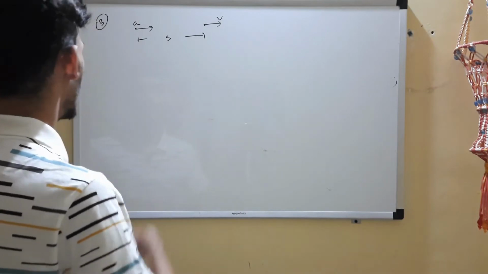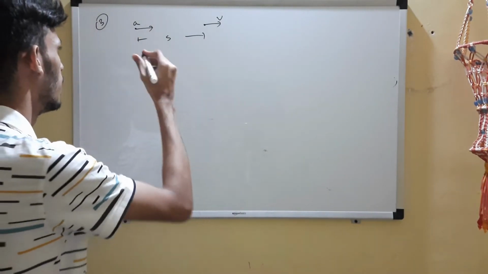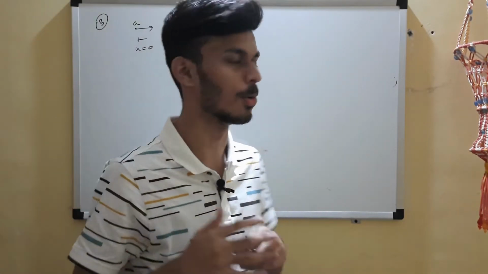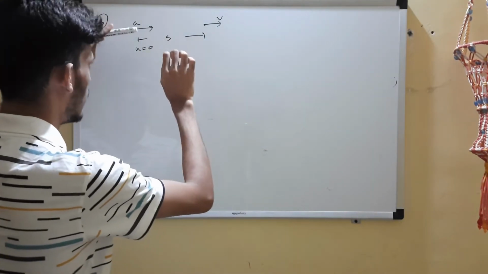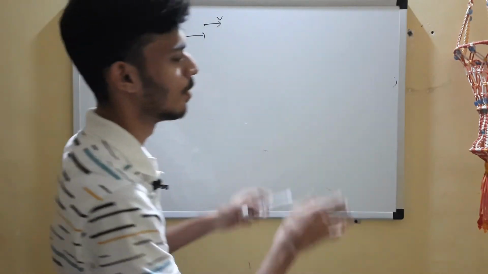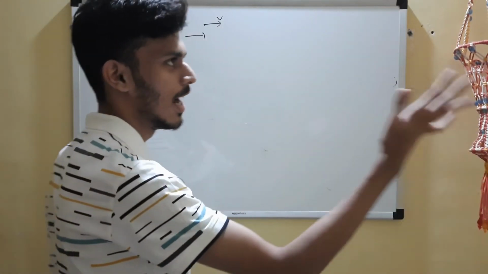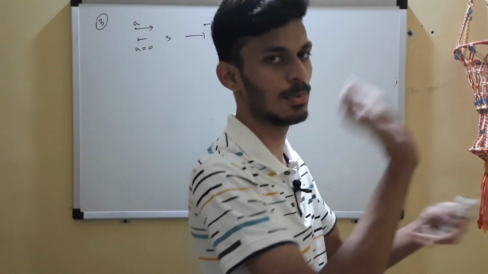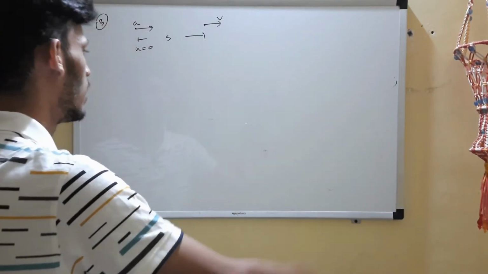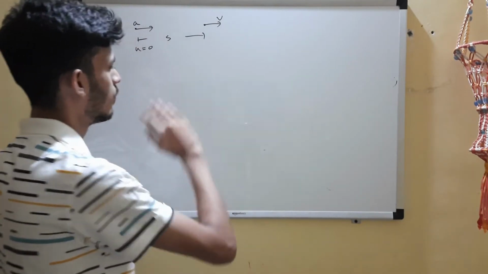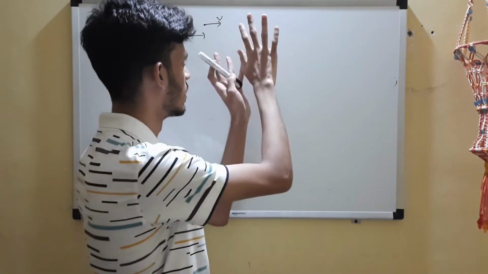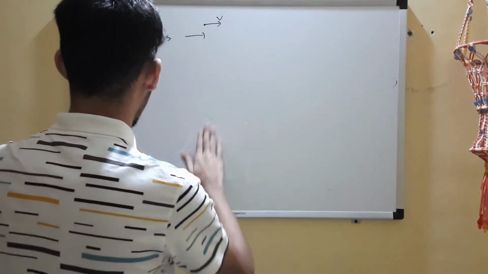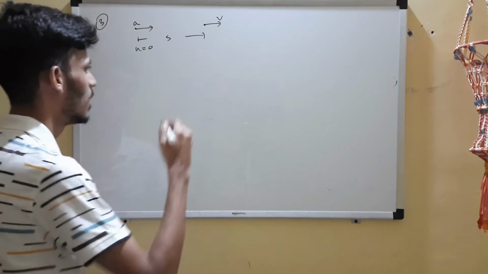Because this has acceleration. The first one began with initial velocity 0, so it has some acceleration. Now it is catching up speed, so obviously it will catch the second one at some time. It is going on speeding up every time, and at some time it will catch this, provided that it is not as big as the speed of light. Anyways, so what is the formula for this?